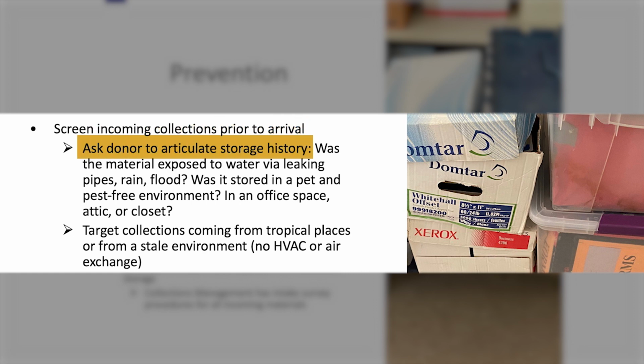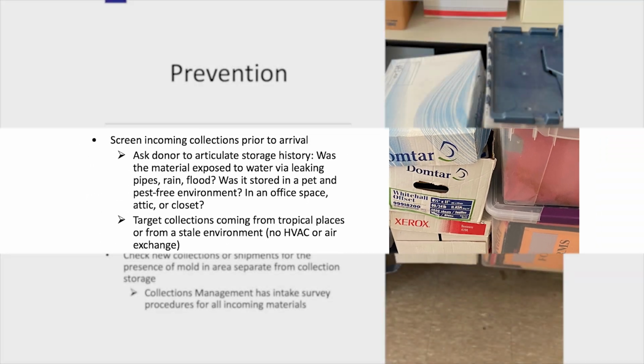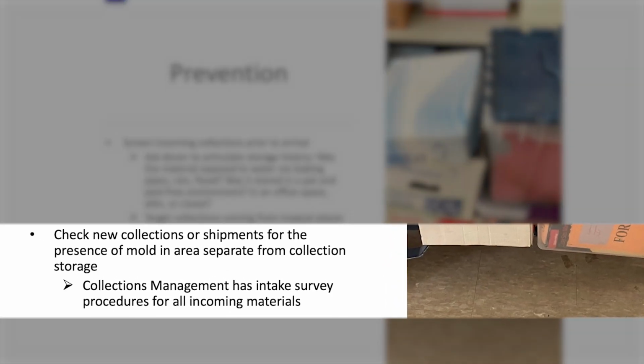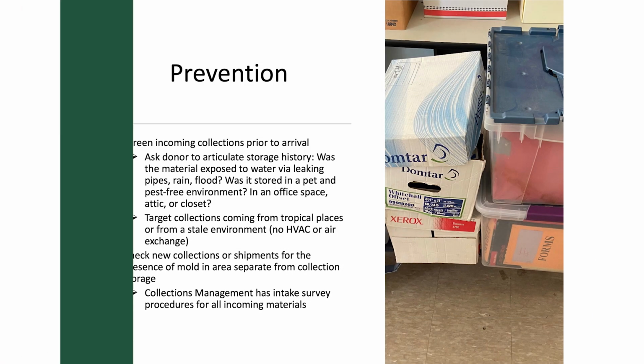Generally, we ask our donors where materials were stored and what they were exposed to. Frequently, materials have been kept in attics, garages, or basements, or the ground level that we call a basement here in New Orleans. Sometimes we are able to do a field survey of material in situ, such as at the donor's house, office, or storage unit, before accepting it on campus. We also screen collections when they arrive. Collections cannot be taken into the stacks until we have done an assessment at intake, looking for active mold, evidence of inactive mold, and dirt and dust that may contain mold spores.